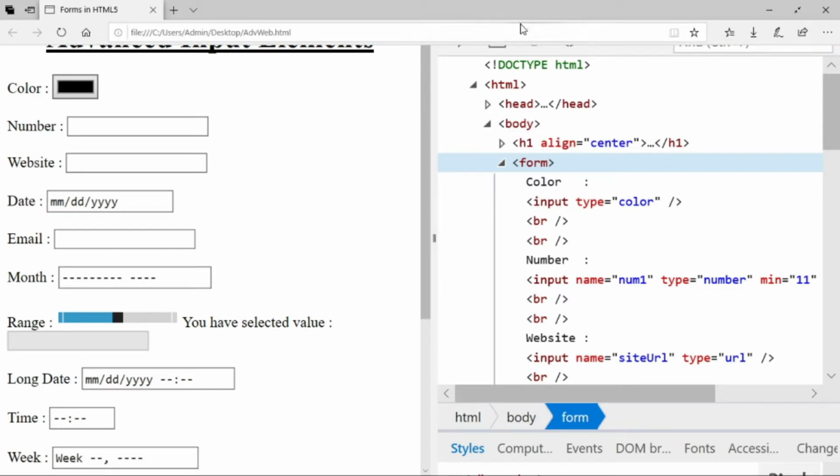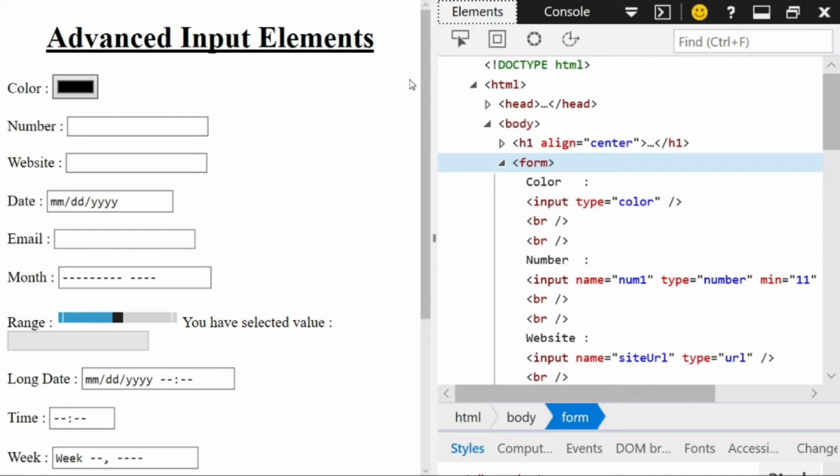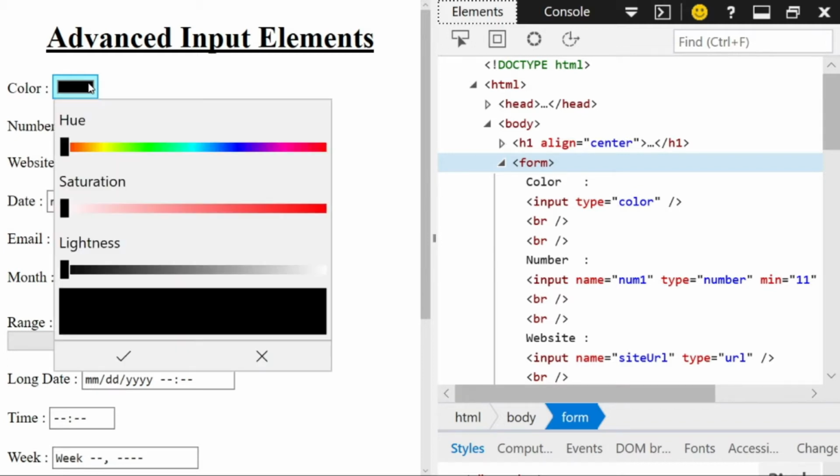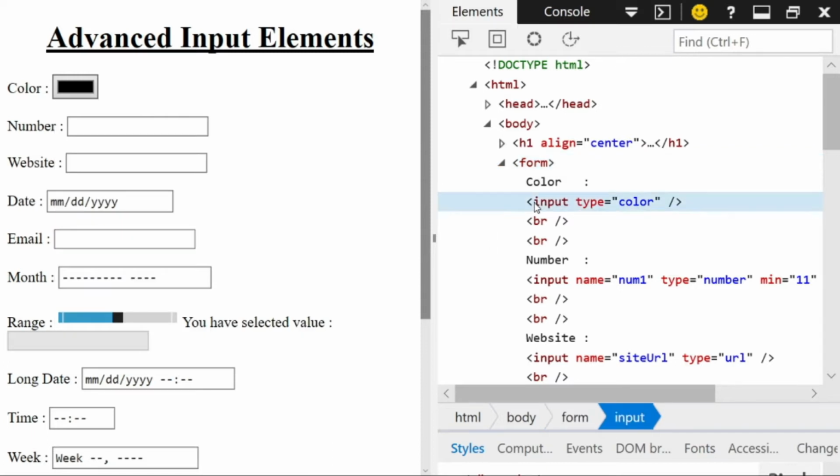So as you can see in this web page, the first input type is color. Now this enables us to select any color. This is called a color picker and it can be done by using input type equal to color. On the right hand side of the page you can see input type equal to color.